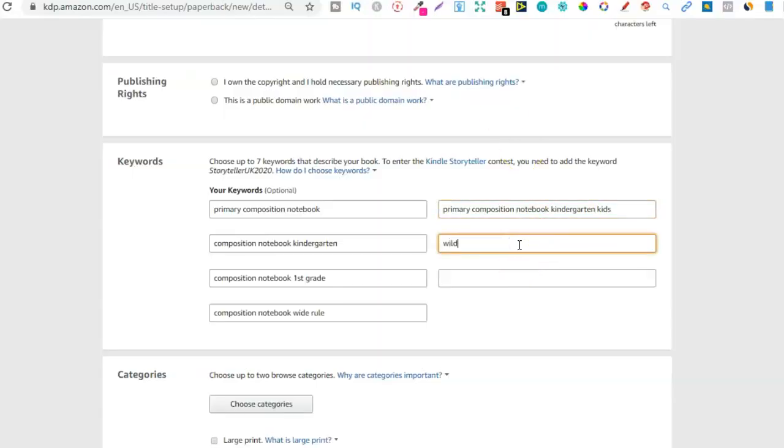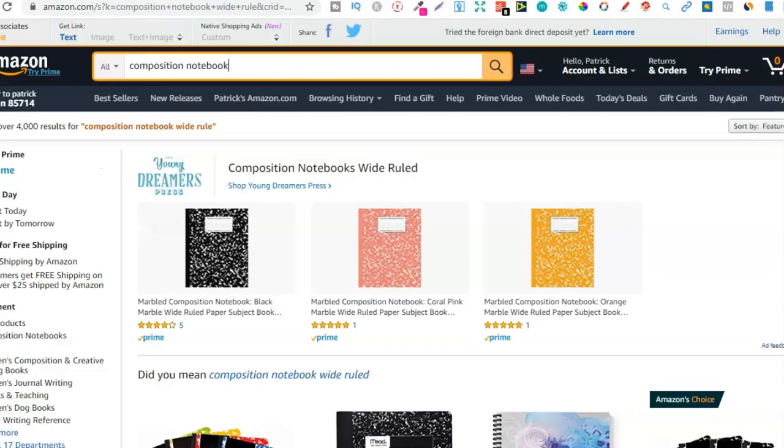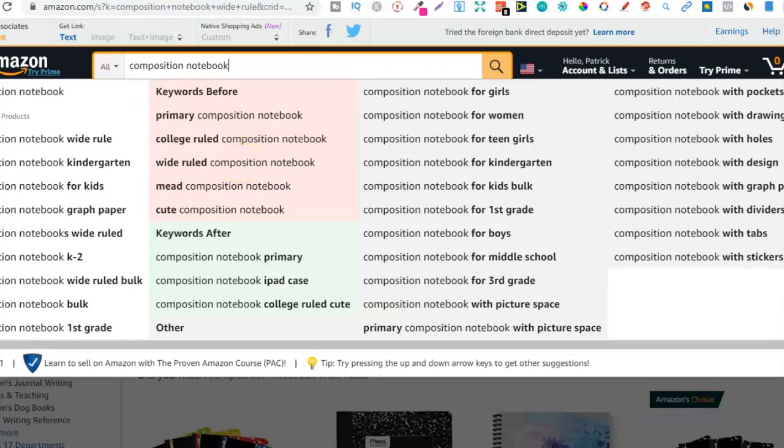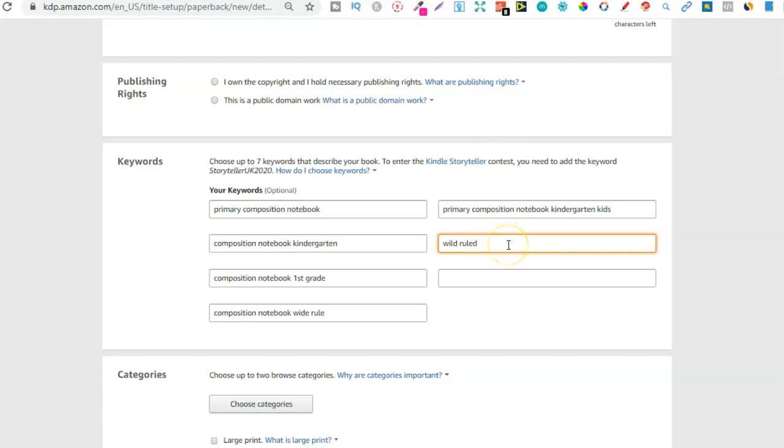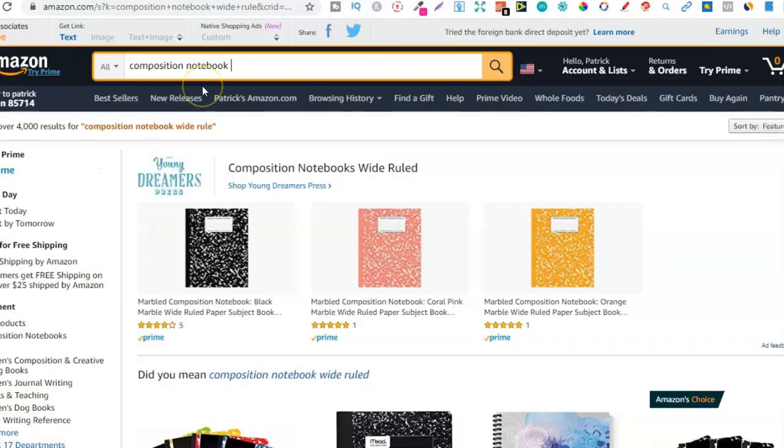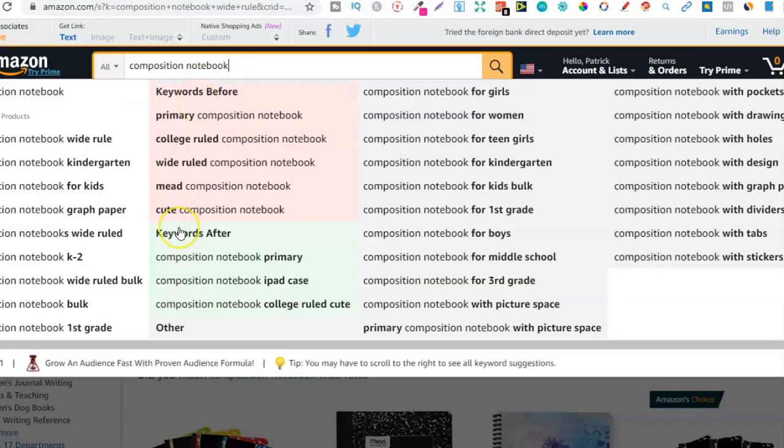So wide ruled. What was the other one? Wide ruled, bulk, first grade. So let's do bulk, first grade. And then I'd just keep going through. So everything that's related to the book that I'm publishing. And we do that by putting a search term, a key phrase in the search bar to see all the